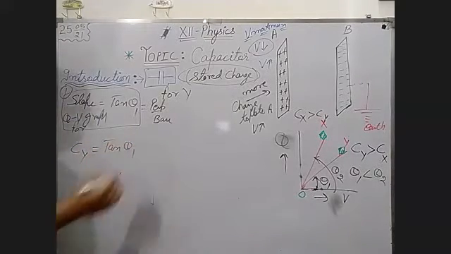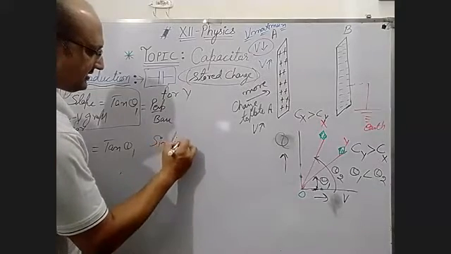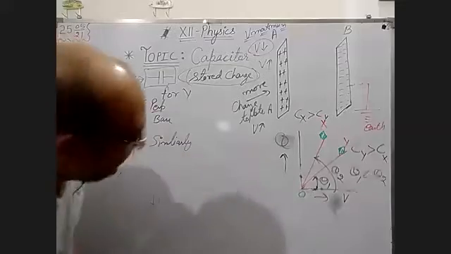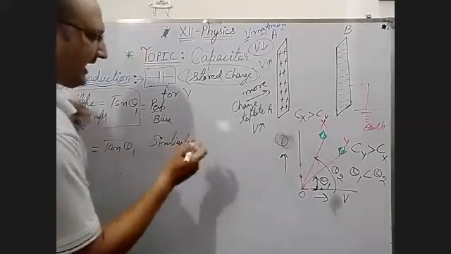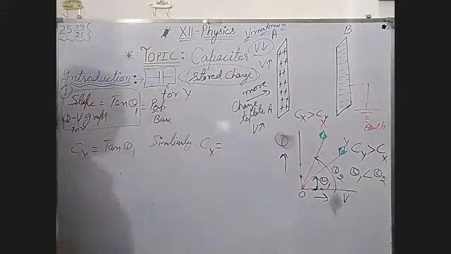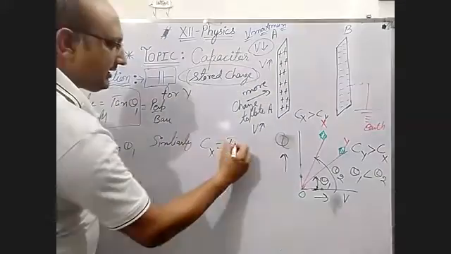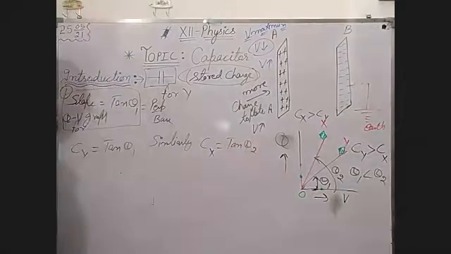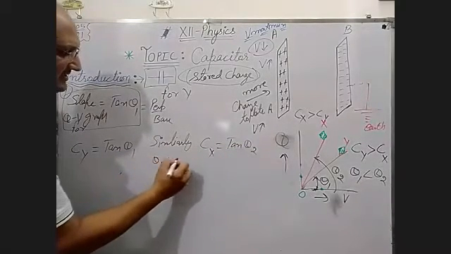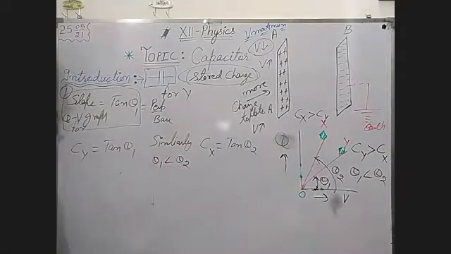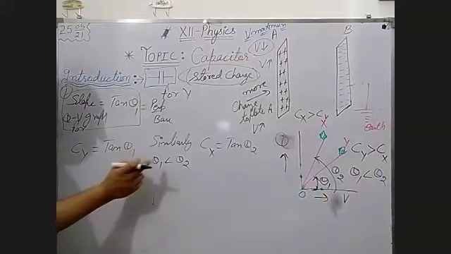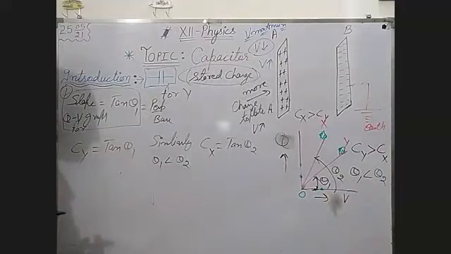Okay. Similarly, we can take slope of x, and this will be Cx is equal to tangent theta. But in both the equations, one thing is this: theta 1 is less than theta. Remember this, theta 1 is less than theta. Okay. Now, if theta 1 is less than theta 2, it means